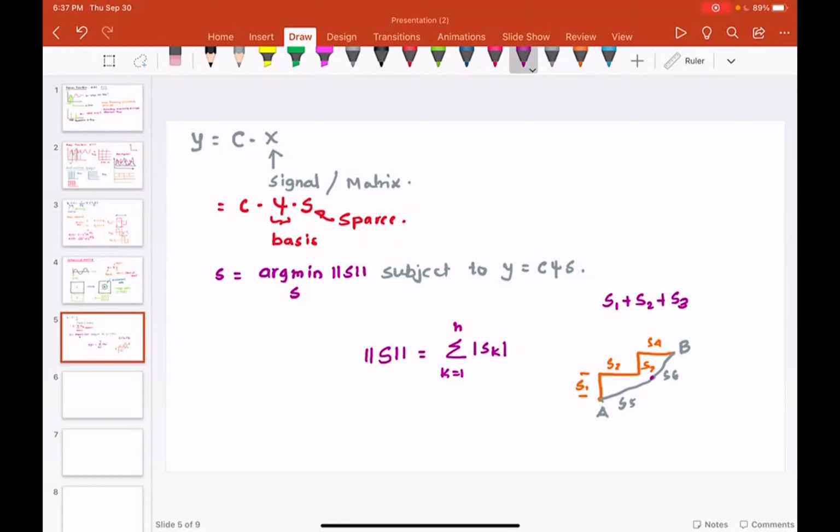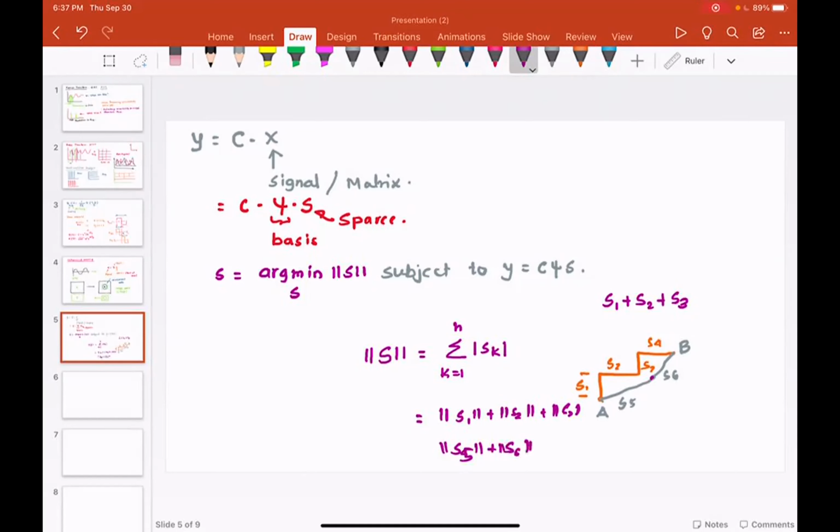What you would do is, you would use argmin norm of S. What does that mean? It means you are going to take the absolute value of S. So even though you go up or you go down, you basically treat that as a positive distance. So you would say S1 plus S2 plus S3 and so on, and you will compare that with S4, S5 and S6.